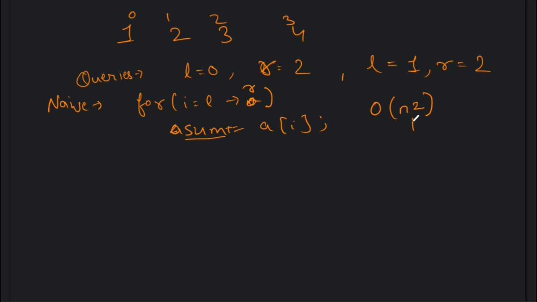In the worst case, if queries is equal to n, otherwise it will be order n q, where n is the size of the array and q is the number of queries, right? Now let's consider the approach of using prefix sum or partial sum. So for that, 1, 2, 3 and 4,